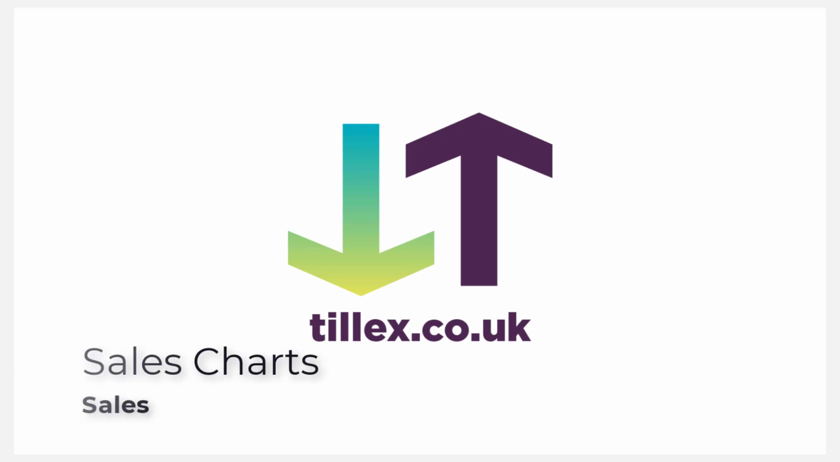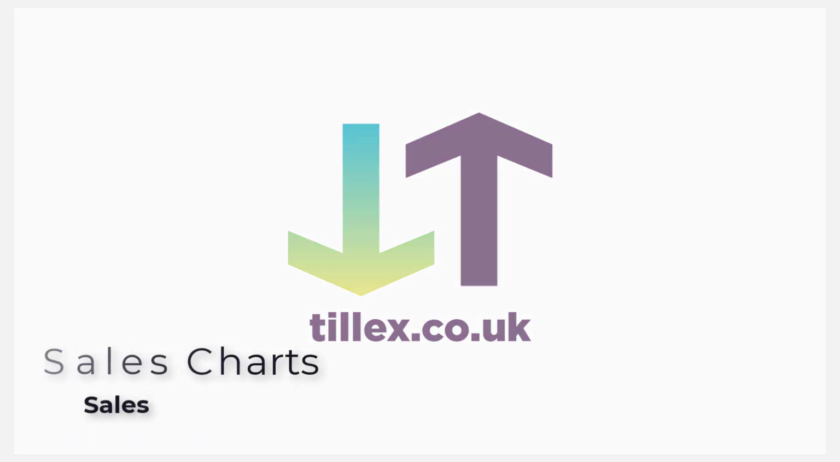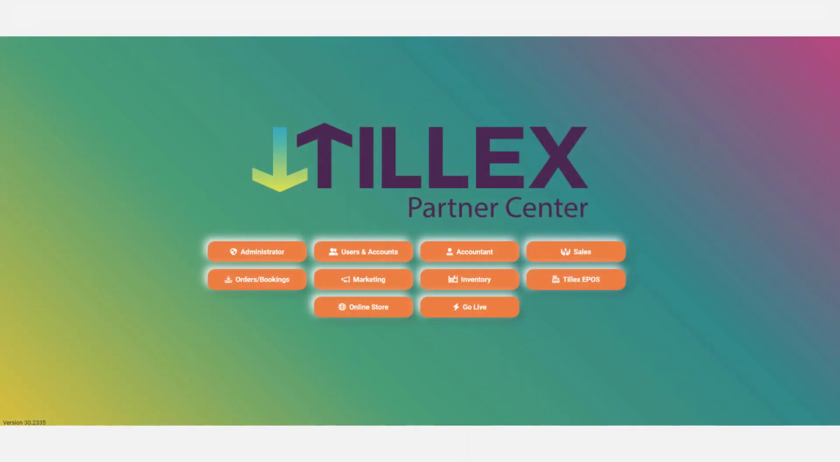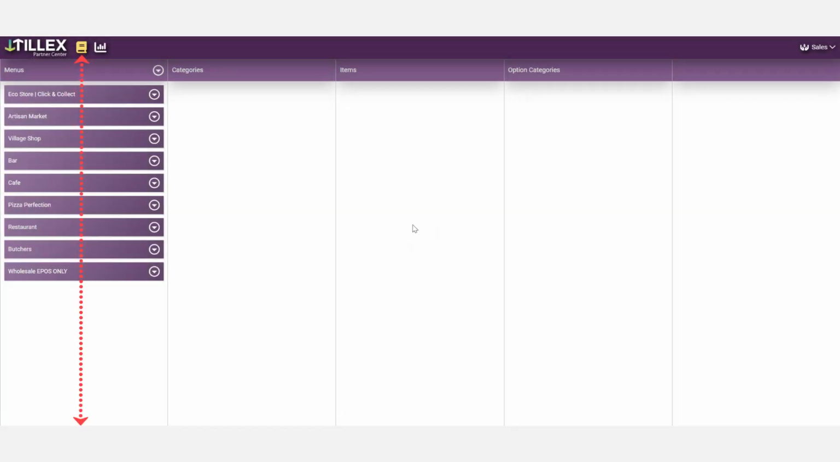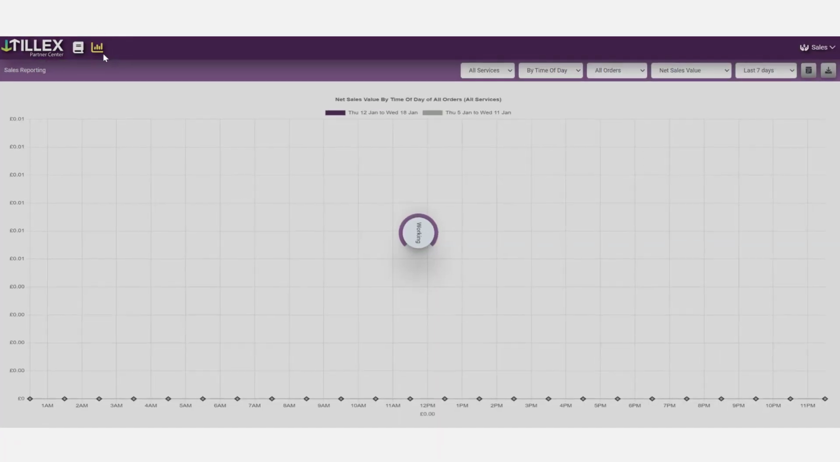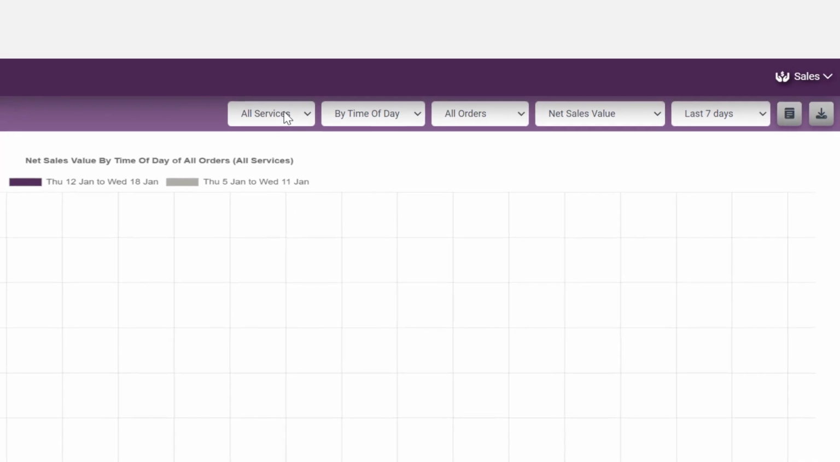Did you know that in the sales role there's a range of charts which is extremely useful for forecasting and downloading? Click on Sales in the Partner Centre where you have everything listed from the inventory for your website and ePOS. Then click on the chart icon just to the right of your sales menu and you'll see a wealth of information here. Have a scoot through and a play around and get to know these charts because they really